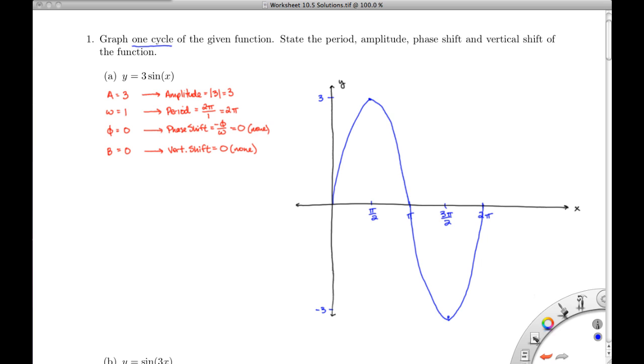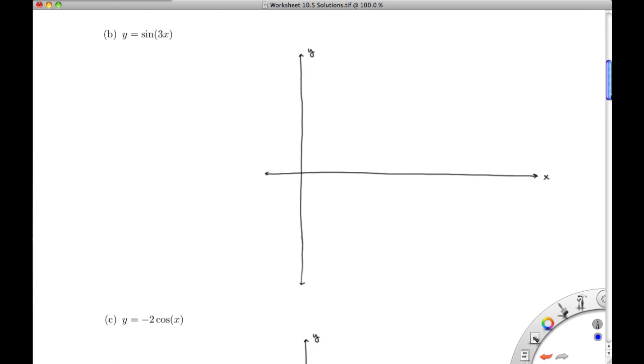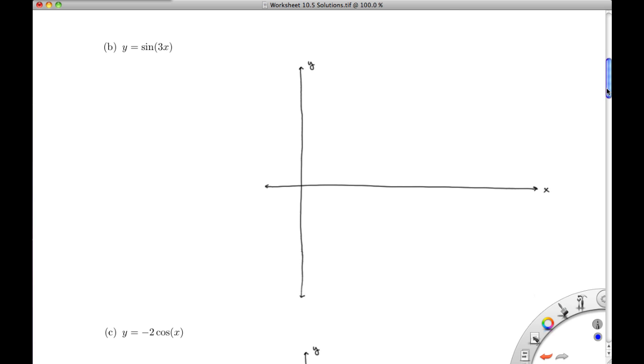Okay, so next we'll move on to part B. I've already got the axes up there for this one. For part B, we're going to run through the same sort of process that we did with the last one: we'll identify the key characteristic values of our function, and then translate those into the actual physical characteristics of